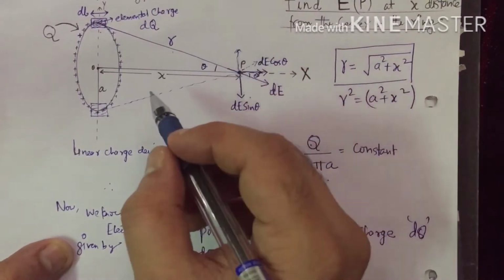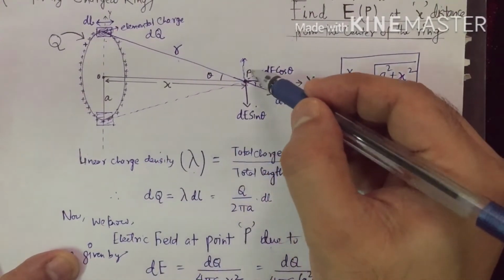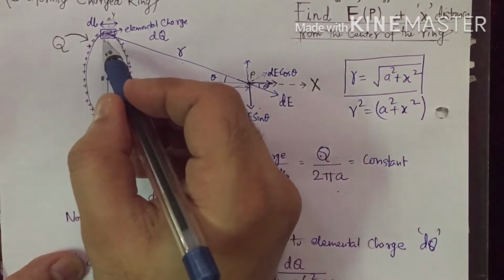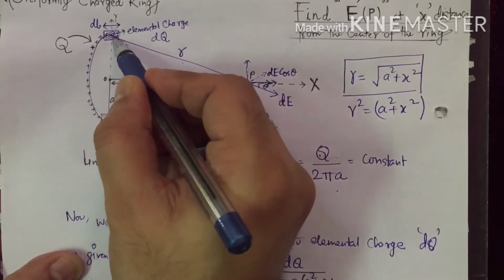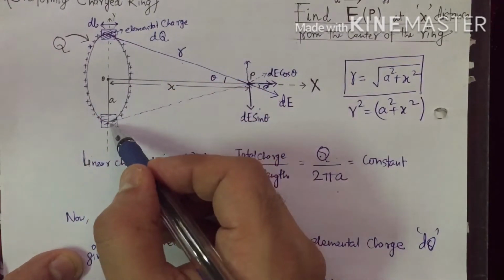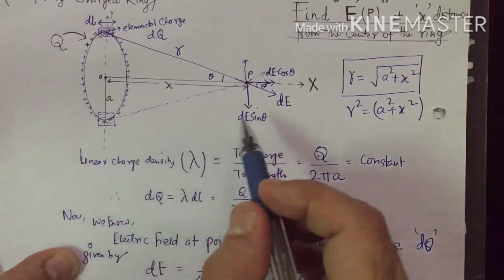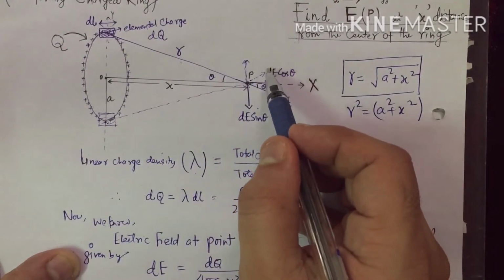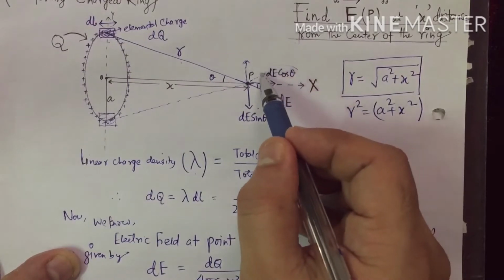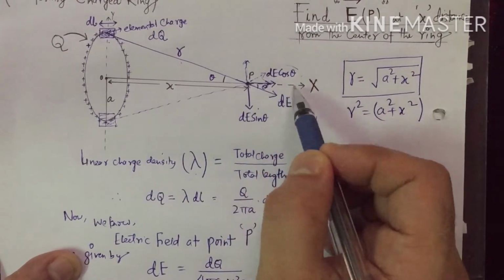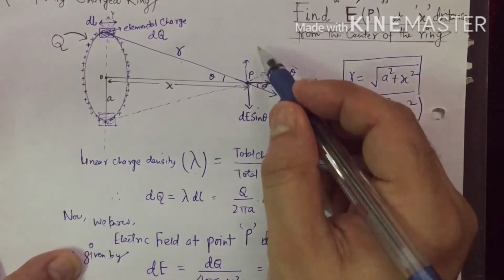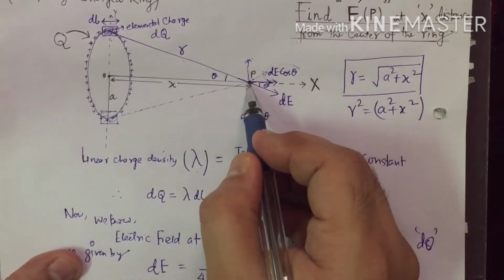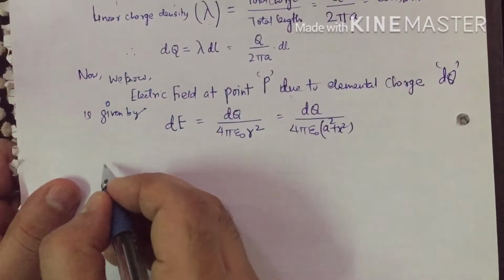So what we can see, all the sine components will get cancelled. For every elemental charge there is another elemental charge opposite to it, which will contribute only the cosine part of the electric field, which is along the x-axis. All the sine part will get cancelled in the vertical direction. So therefore the total electric field at point P is given by,